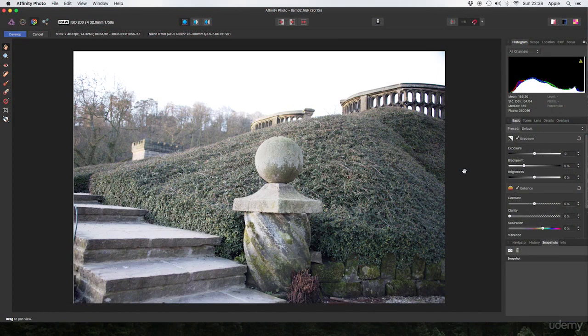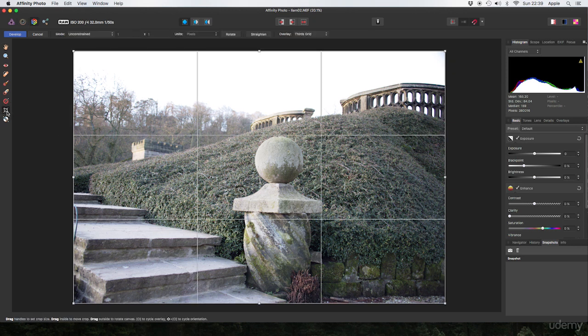I've got this picture and it's way overexposed, it's slightly lopped off to one side, and I think it could do with some cropping as well. Look, I've got this vertical line coming down here. I've got these steps coming up here. You're spending all your time wondering what's off the side of the picture, so I want to do something to try and minimize that. Also, this side here is a little bit boring, there's not much going on,